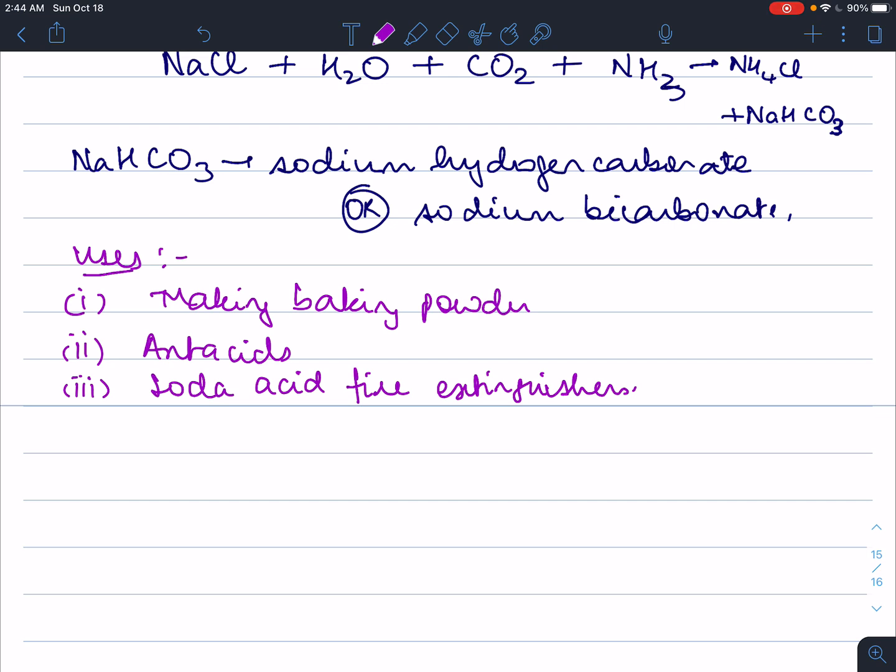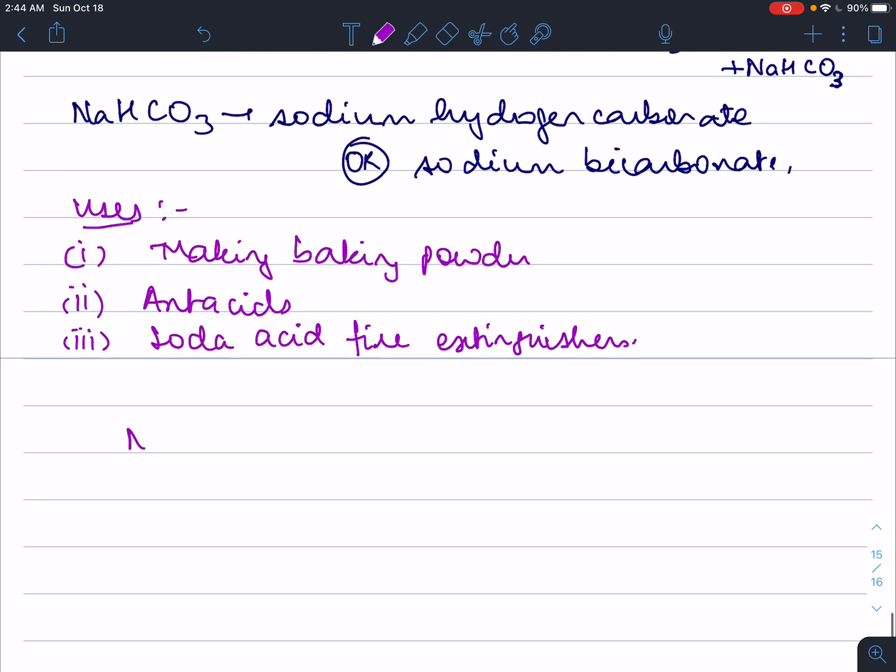Okay? But what happens when you heat sodium hydrogen carbonate? NaHCO3, when you heat it, you get Na2CO3 plus H2O plus CO2. So even during baking, you get carbon dioxide. That helps in making your bread fluffy. Let's just balance this quickly. Okay. So sodium hydrogen carbonate,